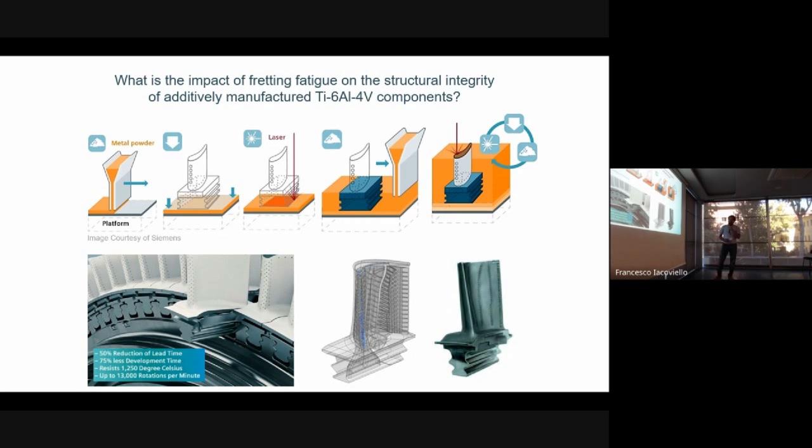But the question is, okay, what is the structural integrity of this part? There has been a lot of work on fatigue and fracture behavior of AM parts. But when it comes to this kind of application, there are a lot of contacts here. And then we are talking about some problems like fretting fatigue, which is a tribo-mechanical problem. So in this presentation, I will try to answer this question: what is the impact of fretting fatigue on AM